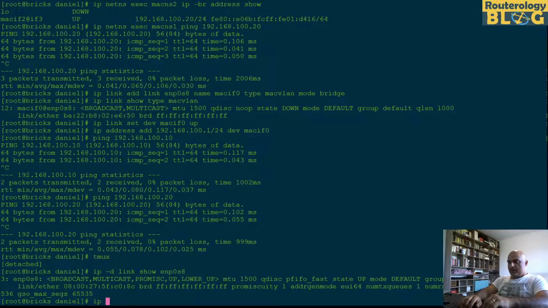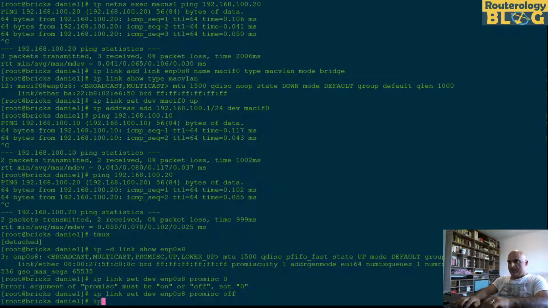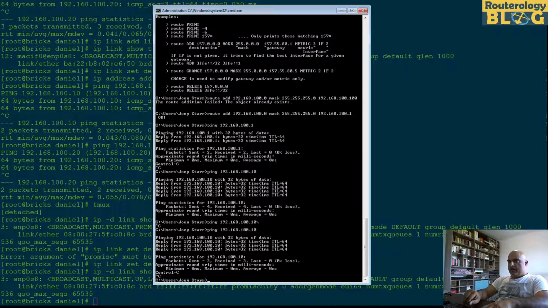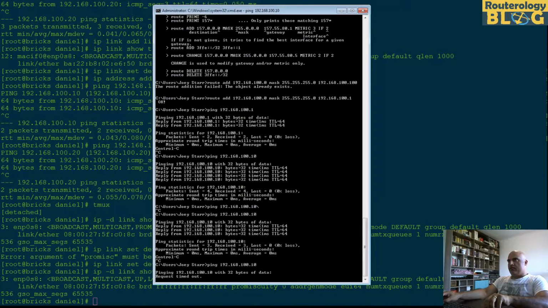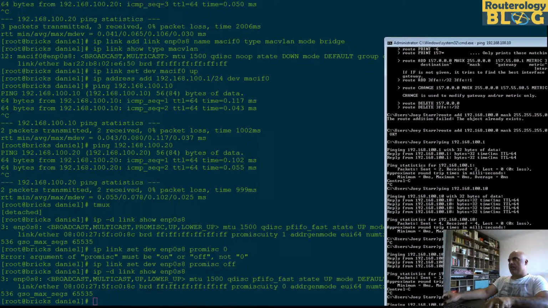If I change this to off, actually it hints me about the argument. So now promiscuity is 0, and if I'm trying to ping it, it's not going to work. What I actually wanted to show you and surprise you